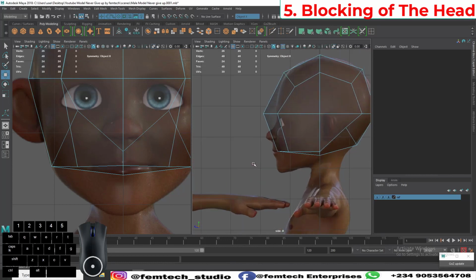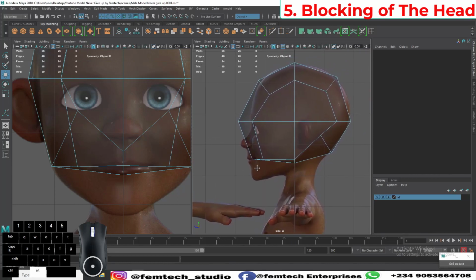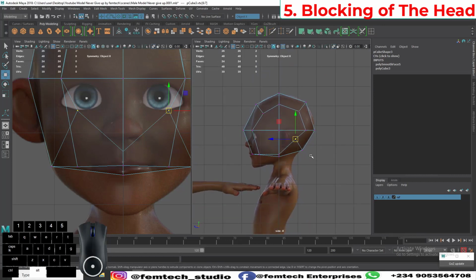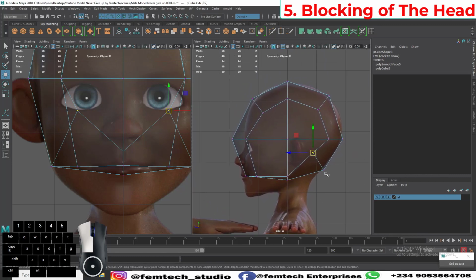Save this. Please always make sure you save. It's very important to save. So vertex, what is this? Okay, all right. So once we have this now, and we are satisfied with what we have, okay,